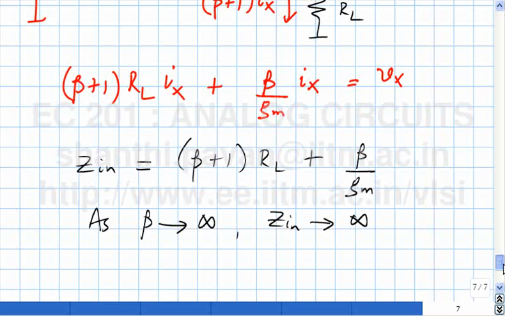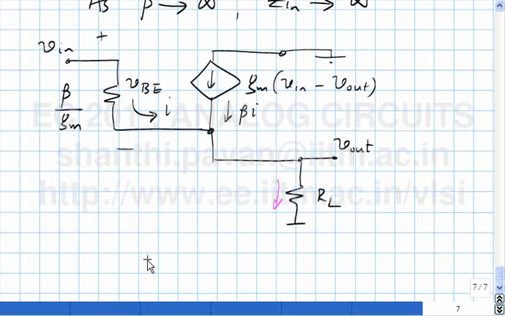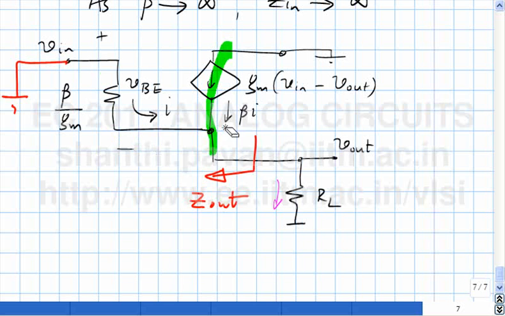The last thing to figure out is what the output impedance is. So if I need to find the output impedance, what should I do to the input? I should incrementally ground it. And how will I find the output impedance? I could apply a current, measure the voltage, or apply a voltage, measure the current. So what do you think makes sense now? Apply a voltage because branches are all coming in shunt. If I apply a test voltage to find the output impedance, I don't need the load resistance anyway. I apply Vx, measure